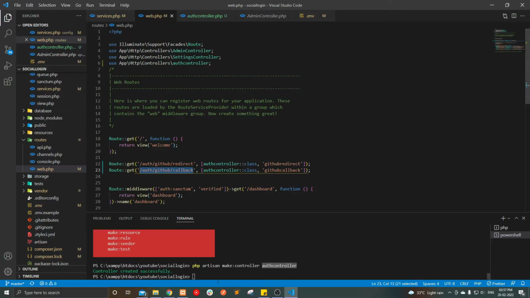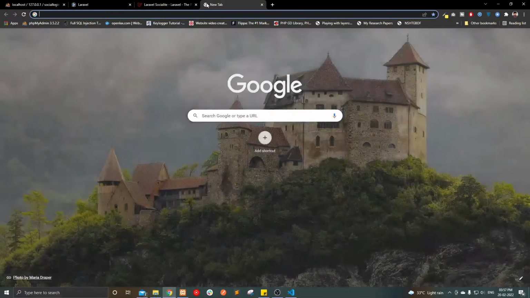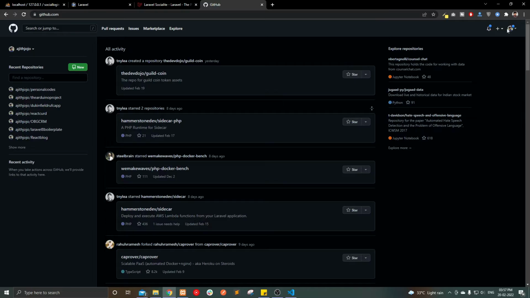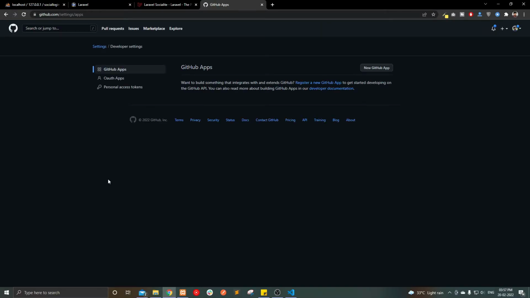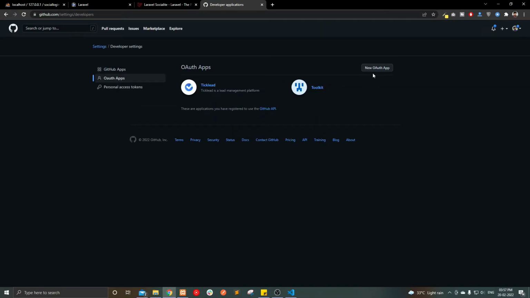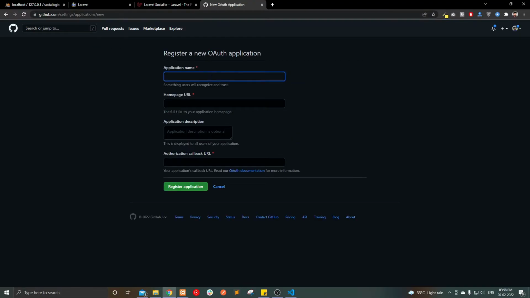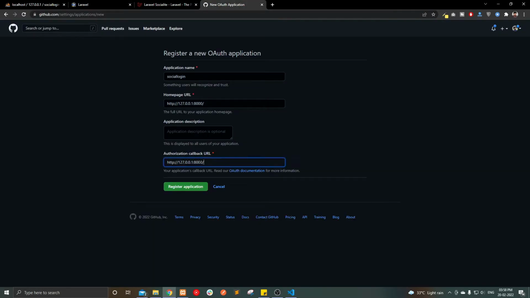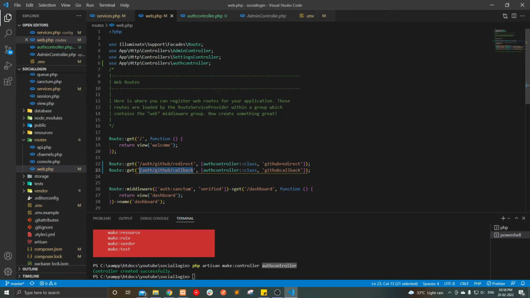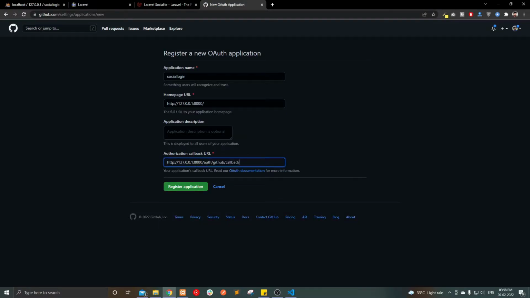Okay, now we have to go to GitHub and go to settings. Here the developer settings and OAuth apps, and create a new app, social login, homepage URL. This is our homepage URL and callback URL. In our case, this is our callback URL. Okay, fine. Click register application